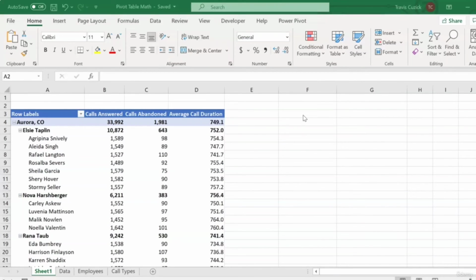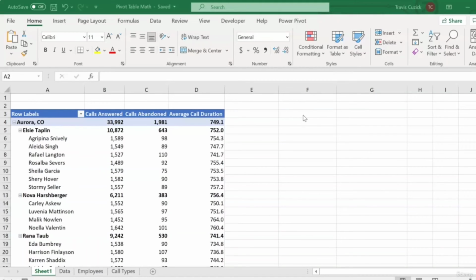So while we've been able to assemble some pretty nifty breakouts of our call center data using pivot tables, our actual calculations themselves have been pretty basic. Just counts, sums, and averages of numeric fields in our data. And to be sure, pivot tables aren't quite as flexible when it comes to crunching out complicated calculations as formulas and functions. However, there are a few tricks we can use to add some more nuanced metrics to our pivot